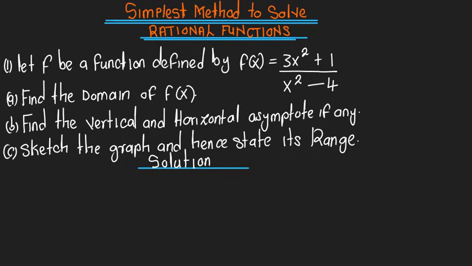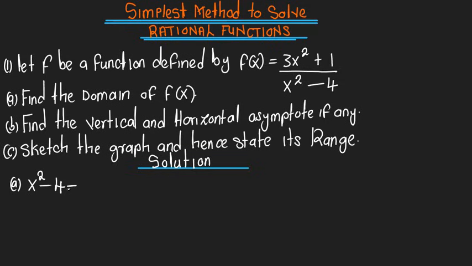We have been given a question saying let f be a function defined by f of x is equal to 3x to the power 2 plus 1 over x to the power 2 minus 4. The first question is saying we find the domain of the function f of x. This is very simple because the domain implies all values in the x-axis. To solve A, I will just get what is in the denominator